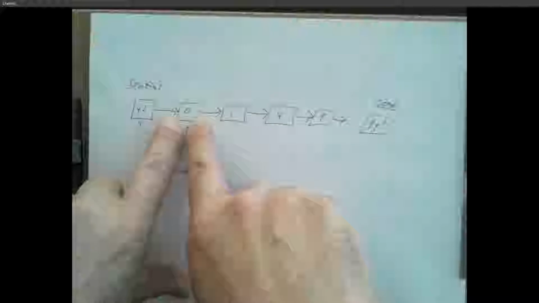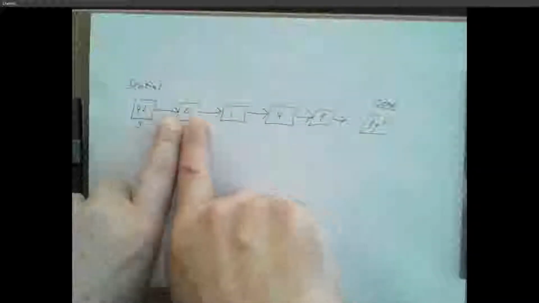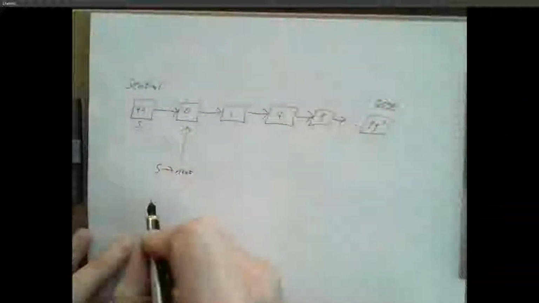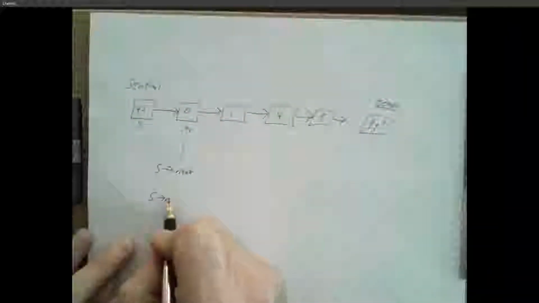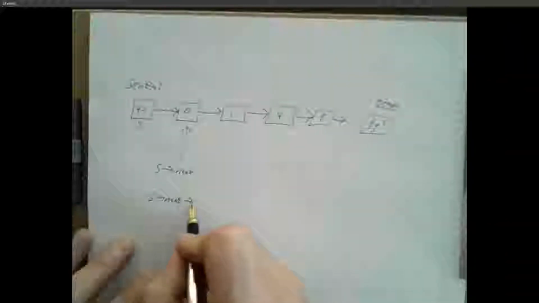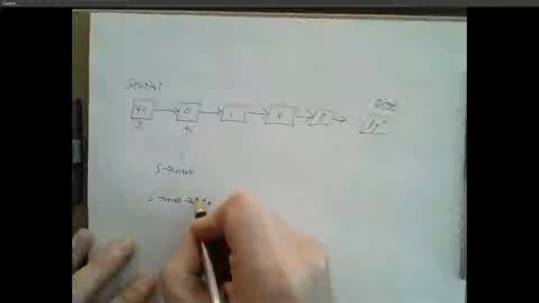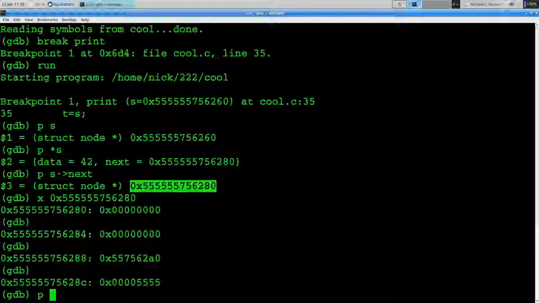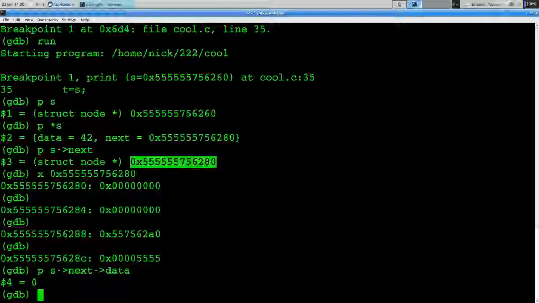How do I get to this node? How do I get to any node's data field? Yeah, do an arrow data. So if I say s arrow next arrow data, that's going to give me the data value of this node. That's a 0. That's also not very satisfying. But